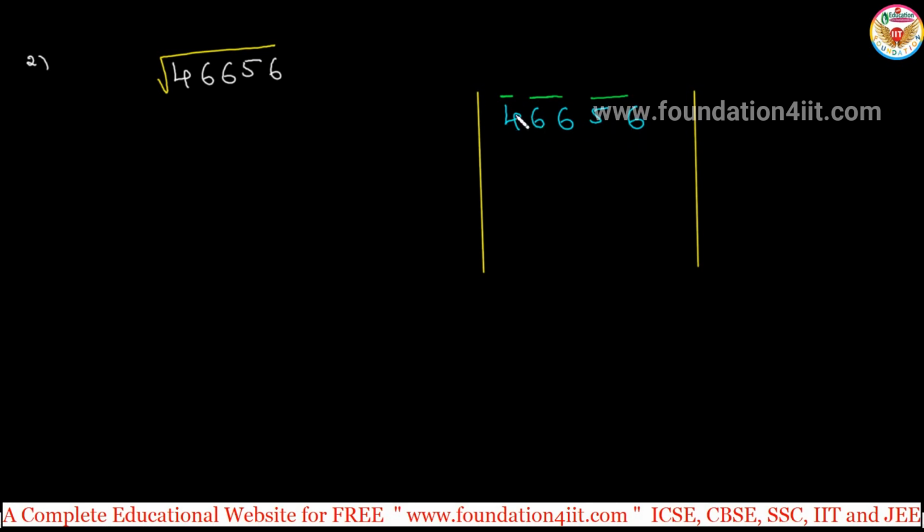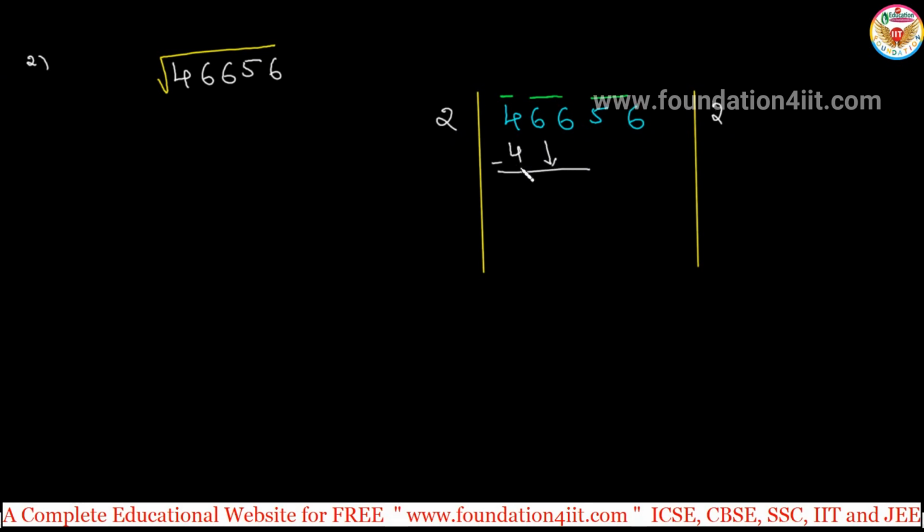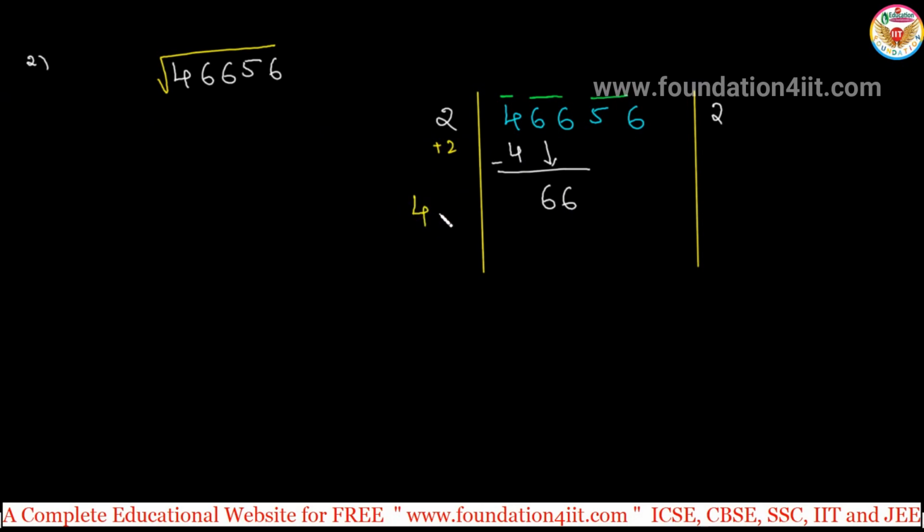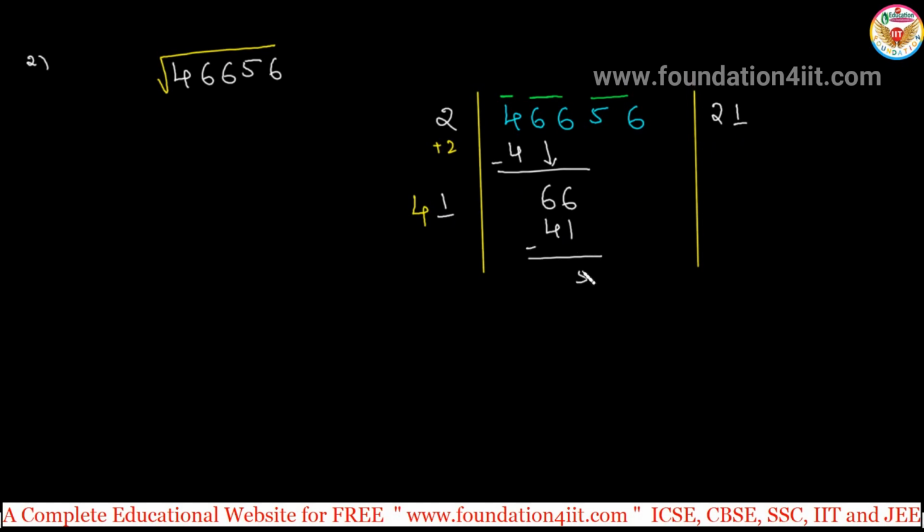First set is 4, right? 4 is near to which perfect square? Exactly 2 into 2. Same, 2 twos are 4. Subtract this, and the next set, because it is 0. Next is 66. What we should do now is add the same number to the units place, because it is only a single digit. It's a 4 now. So after getting 4, these places must be same. Okay, 41 ones are 41, because 42 into 2 is more than 66, right? And this is 25.